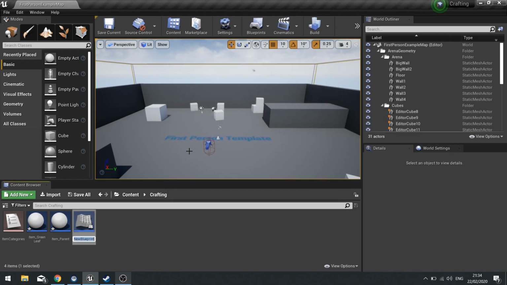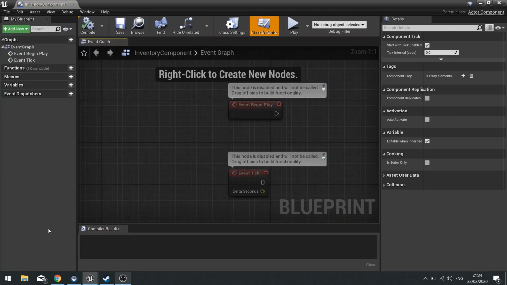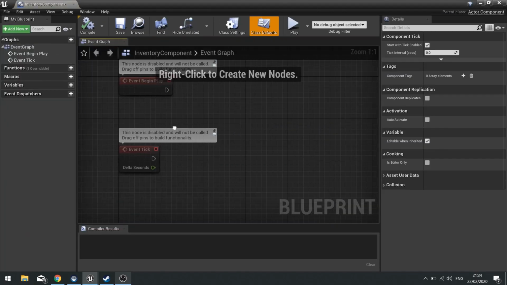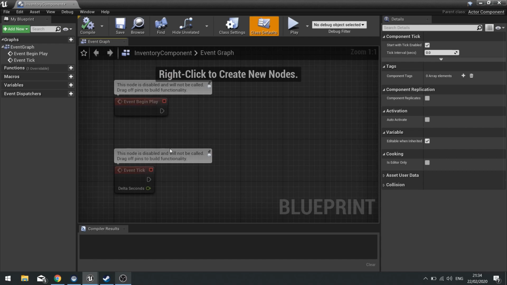Actor components are components that you can place on top of actors. So they're very useful for adding things that you could silo off and work on together. We'll call it inventory component. Okay, and go into here. Our inventory component is going to be quite simple, and it's going to work slightly differently from